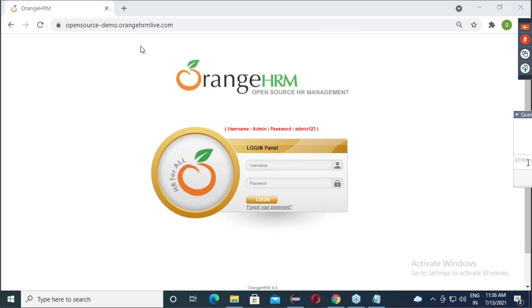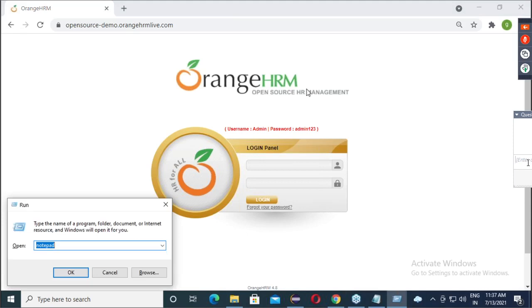It is demo orangehrm.com. Is it visible? To be honest, if this is my web page, here I have to enter username, here I have to enter password, then click on the login button.